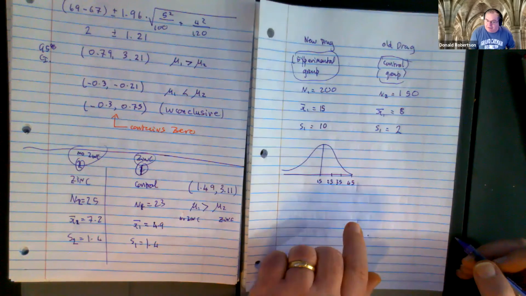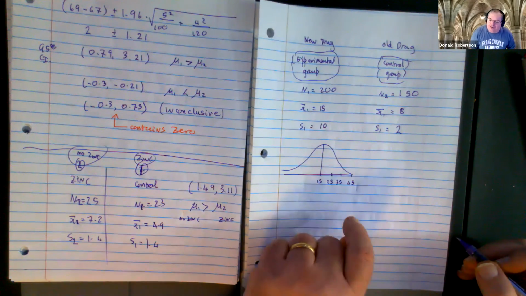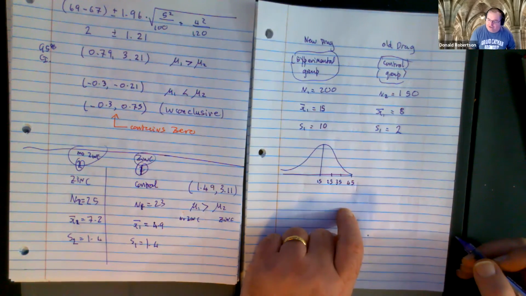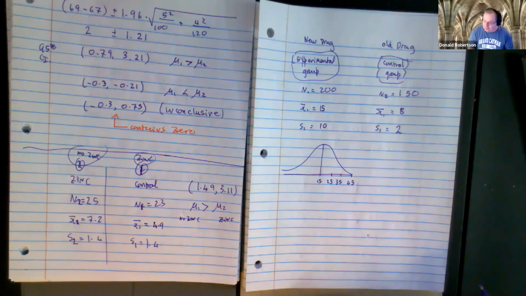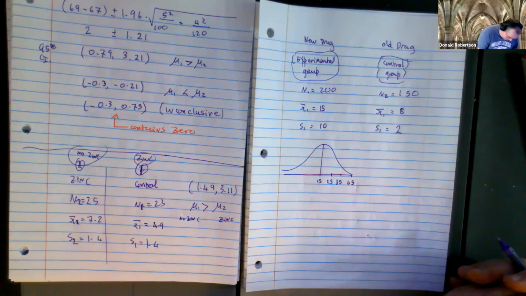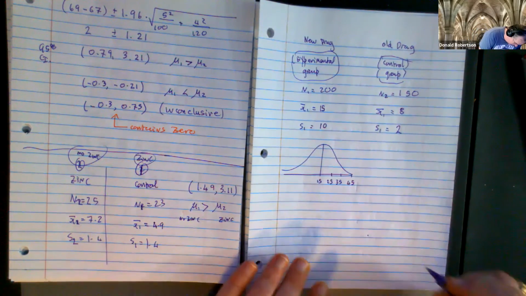Now, if a drug is really strong, couldn't the drug overdo its job? In other words, it might reduce your blood pressure too much, right? That would be a bad thing. If you go the other way,